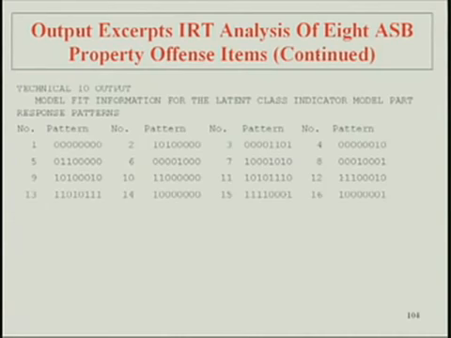At the beginning here, it's sort of a lookup table. So we have the patterns of variables. We have 8 variables. People could have 0 for all 8 of the variables for pattern 1. For pattern 2, they could have a 1 for the first variable, 0 for the second, 1 for the third, and 0 for the rest. So we would show all possible patterns. We're just showing you a subset here. And then we give you information about each pattern. So for example, on slide 105,